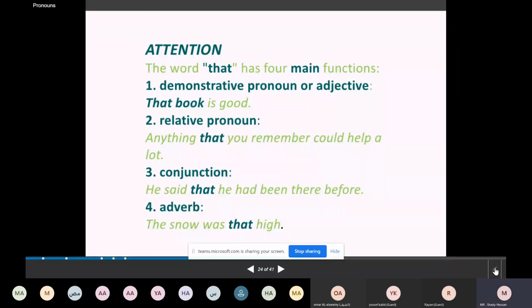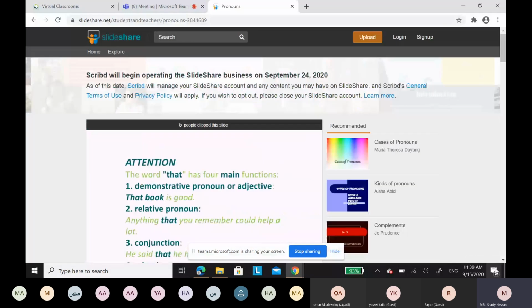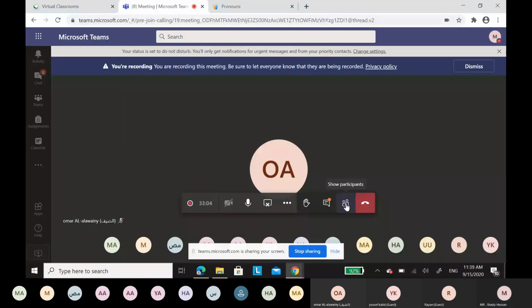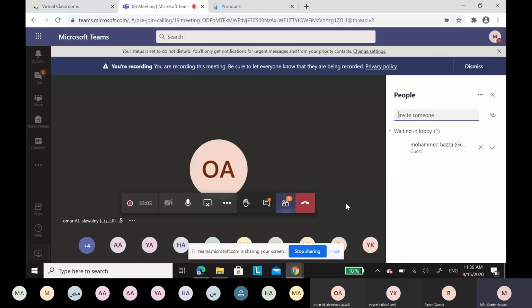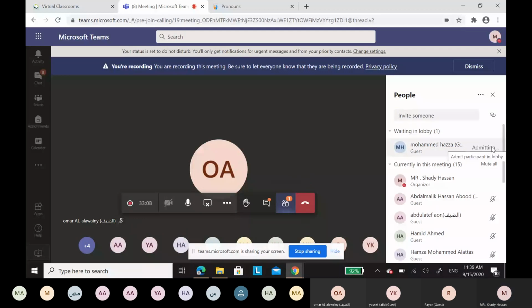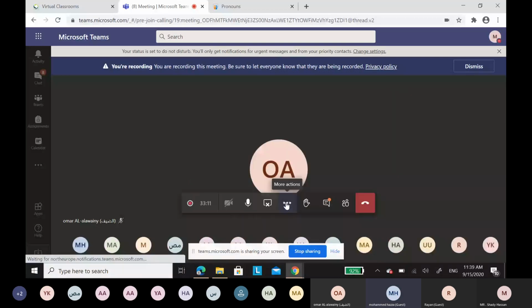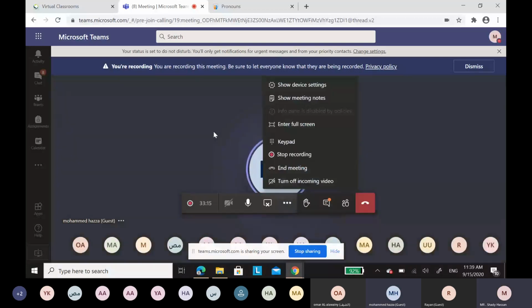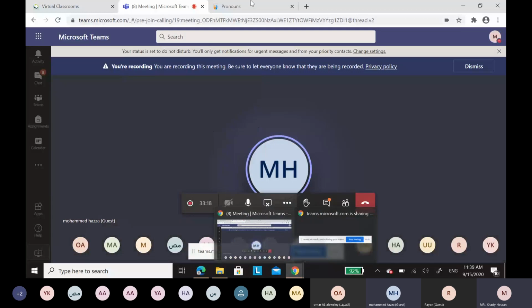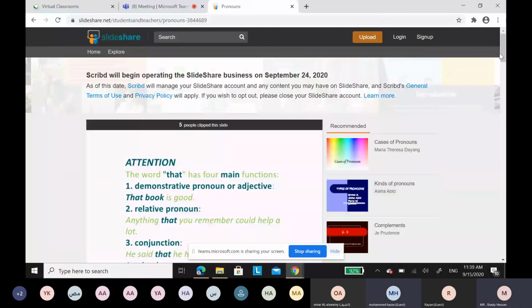And don't get muddled, please, while saying that, because that may have different uses. Yes, as we said, we have four different